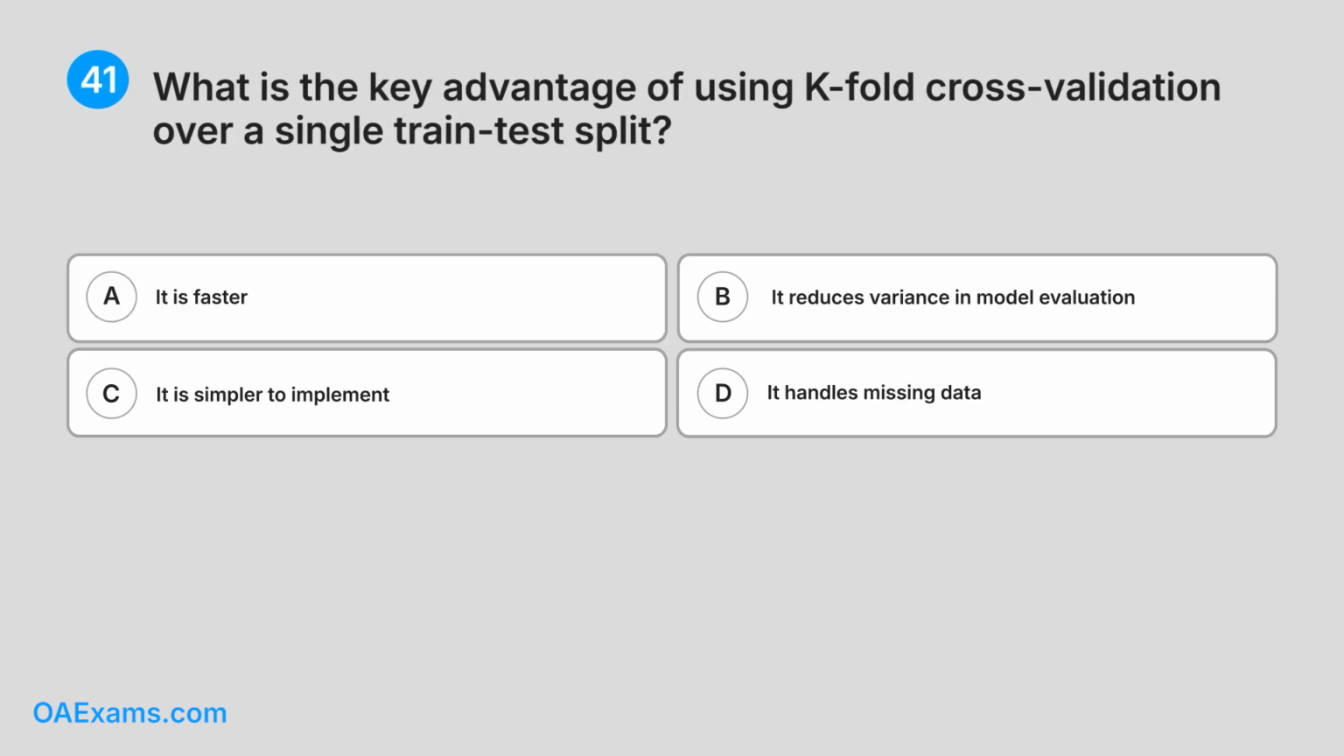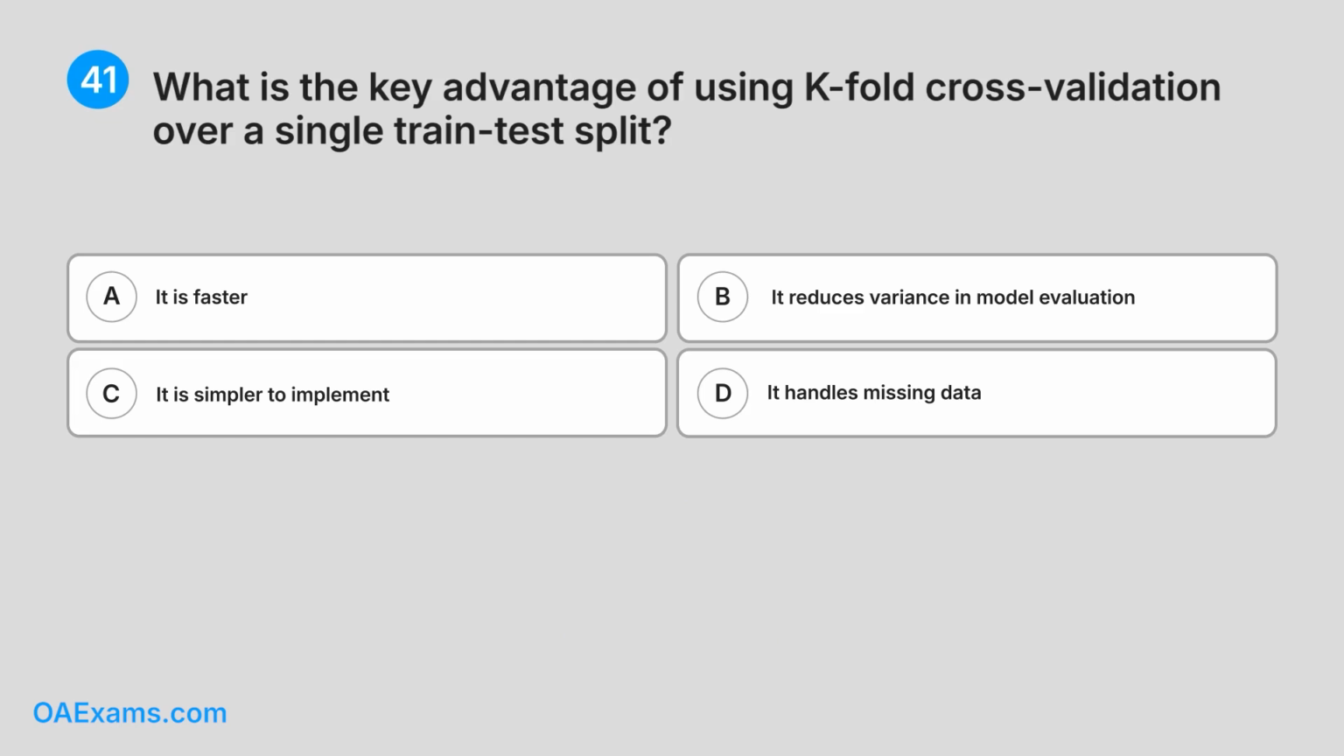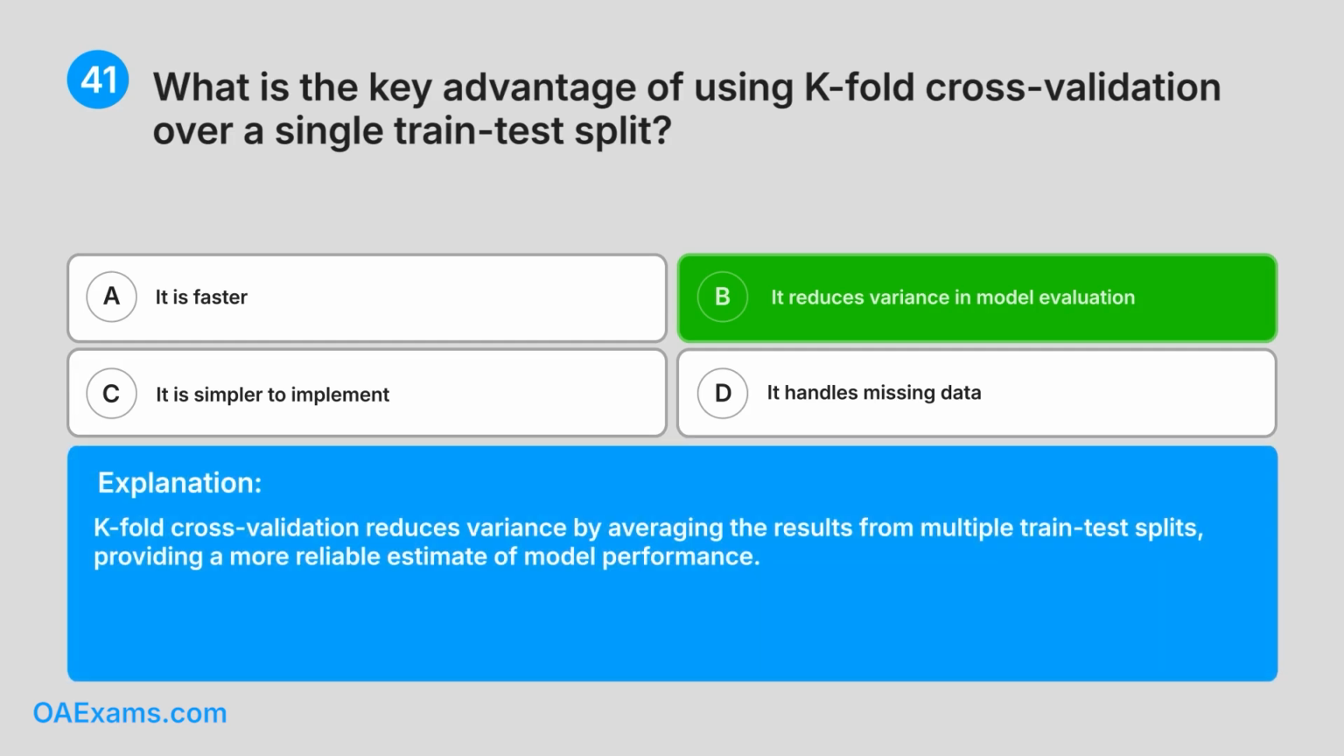41. What is the key advantage of using k-fold cross-validation over a single train test split? A. It is faster. B. It reduces variance in model evaluation. C. It is simpler to implement. D. It handles missing data. What do you think is the answer? Correct answer, B. It reduces variance in model evaluation. Explanation. K-fold cross-validation reduces variance by averaging the results from multiple train test splits, providing a more reliable estimate of